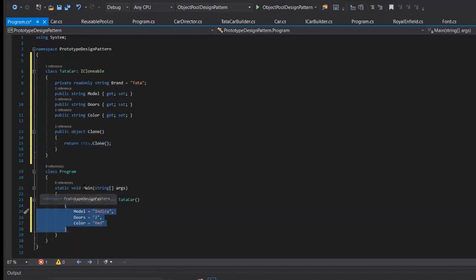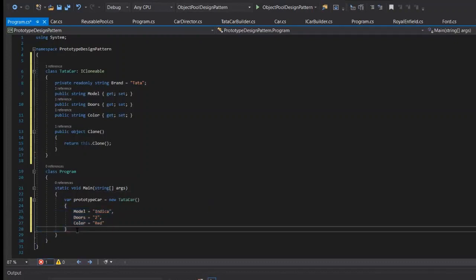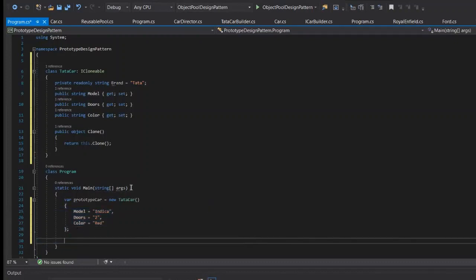And that is the advantage we are getting with the prototype pattern. Some process, like the configuration kind of step, with those steps which will happen in every object, we can avoid that kind of scenario by cloning the object directly itself, and we can have the actual object. And yeah, we can get the new car.